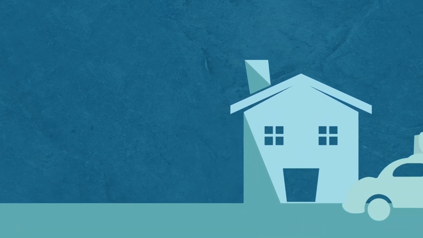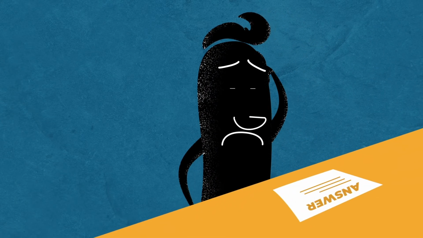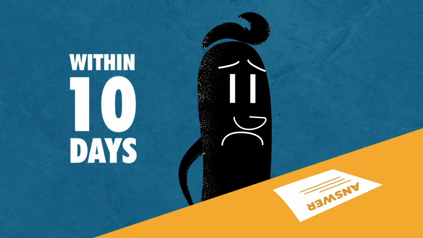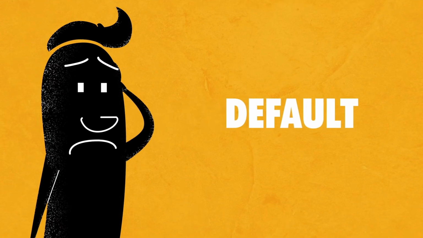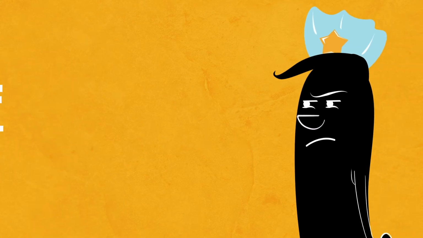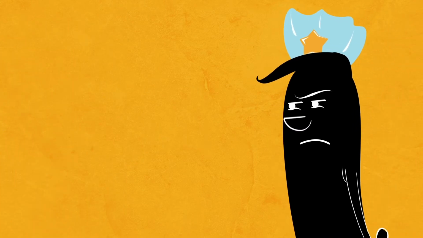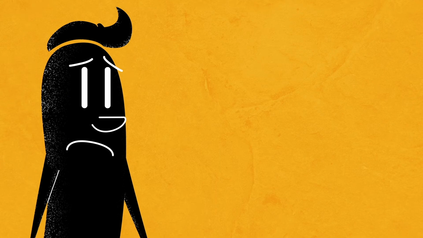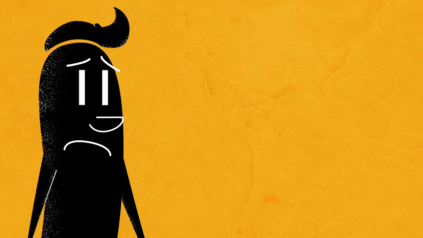You can respond in one of two ways. Either 1. Vacate the property within 10 days after the rule is served on you, or 2. File something called an answer to request a hearing before the magistrate court within the 10 days. If you do neither, you'll be in default. The magistrate court will issue a writ of ejectment, which is the court order that says law enforcement can physically put you out. Basically, you lose automatically because you don't defend yourself.